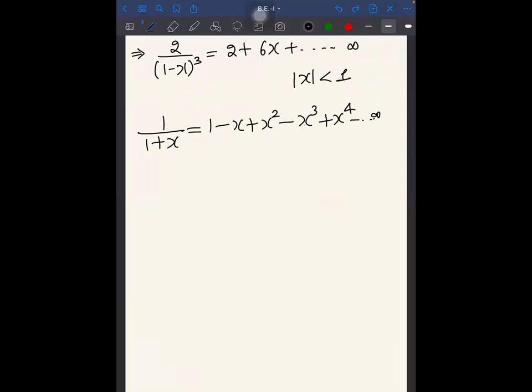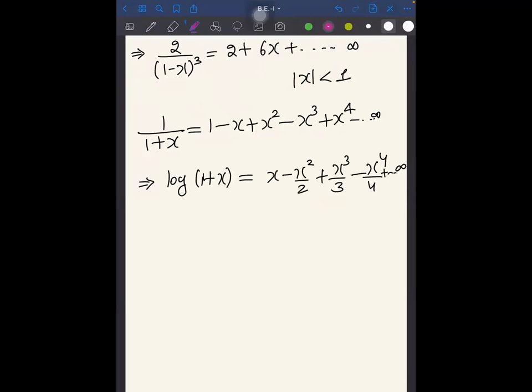So now if you integrate both sides, it becomes log of 1 plus x, right? And if you integrate the other side, that becomes x minus x square by 2 plus x cube by 3 minus x to the 4 by 4 plus so on up to infinity. So you know that this is the series of log 1 plus x. Familiar with this? Yes, sir. This can be obtained by integrating both sides of this series. Again, this will be true only when your mod x is less than 1, that means only inside the interval of convergence. Otherwise,